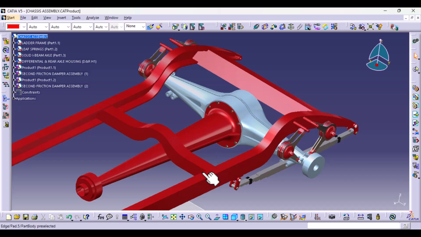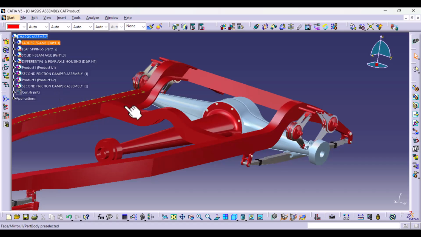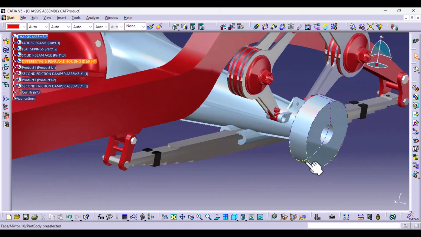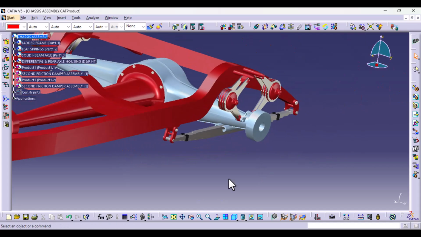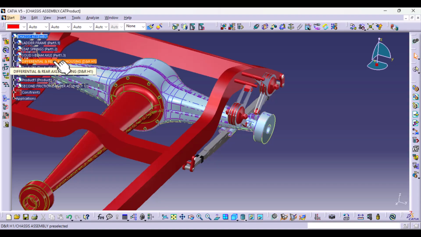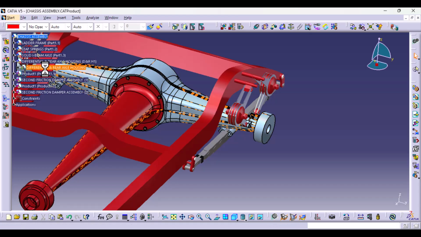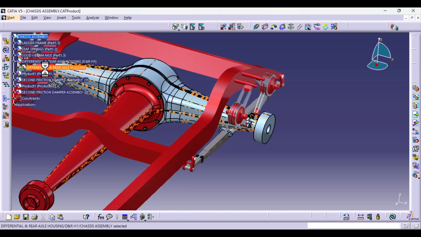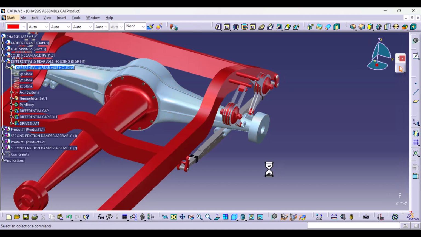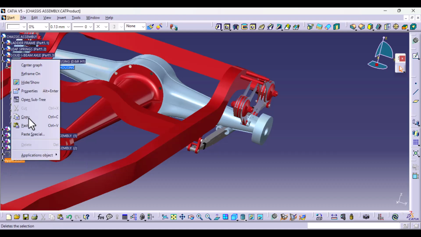In today's lesson, we're going to learn how to make upstream edits in the CATIA V5 specification tree. So we want to edit this part that we spoke about in our previous lesson. We need to go to the differential and rear axle housing part, and you'll have to expand and double click on the parts. Just like that. And the first thing you want to make sure, let me hide this, we don't need the